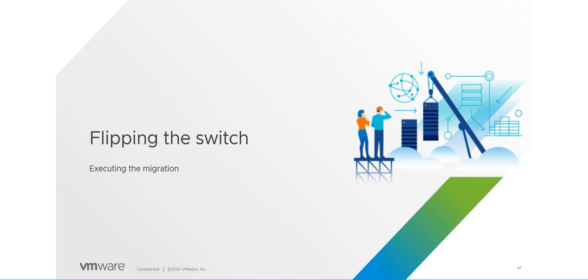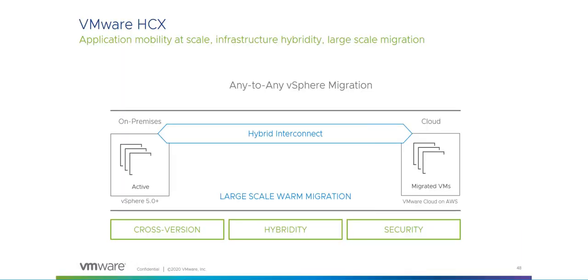So executing the migration, that element is really just leveraging the HCX tool itself. Of course, the icons are not showing up too fancy on this, but we'll get through it together. The elements around HCX really give that capability of standing up the interconnect and the toughest pieces between the two data centers. The hybrid interconnect that is stood up and the automation around that is giving us a layered connection